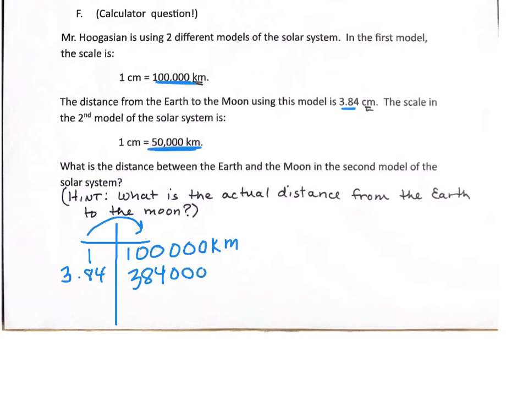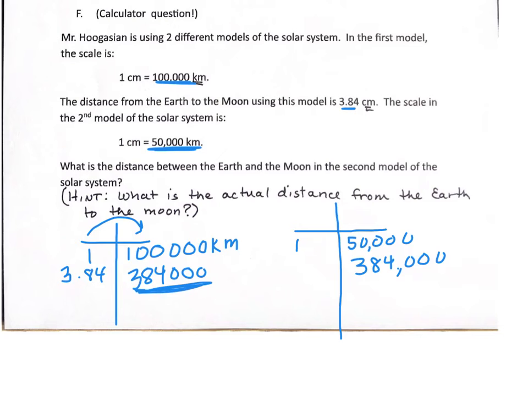But now the question is asking about the second scale. So in the second scale, I'm going to do a different T-chart because I have a different scale. I have a 1 to 50,000, 1 centimeter to 50,000 scale. So now what I'm going to do is put in that actual distance that we just found out, 384,000 kilometers to the Moon. Now to go from 1 to 50,000, I would multiply by 50,000, but I'm going the opposite direction, right? I'm going to divide by 50,000 to find that scale distance. So I take the 384,000, and I divide it by 50,000, and I get